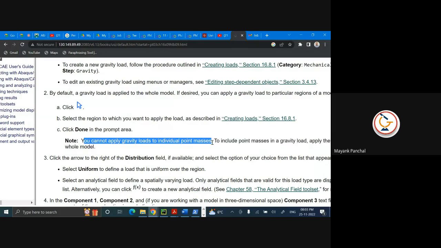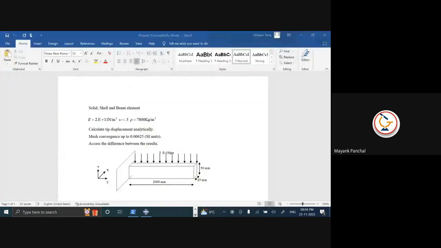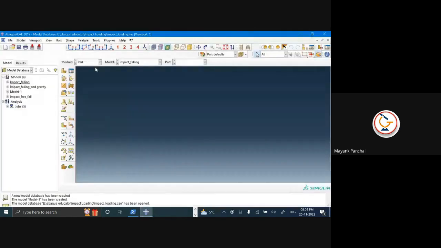For applying gravity, we have to apply it to the whole model. We cannot apply gravity to individual point masses. So that was the reason we were not able to